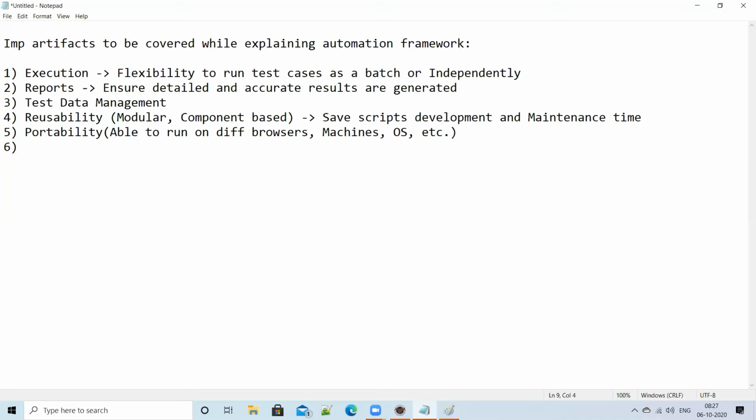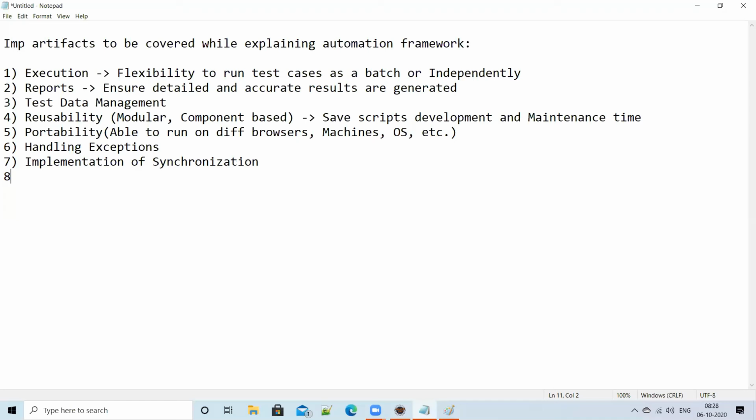So coding standards, right? In other words, you can talk about handling exceptions. Yes, we implemented that, right? So we handle the exceptions so that we can do the execution smoothly. And implementation of synchronization whenever the application is responding slowly. So you have that waiting mechanism, you implemented it. If required, you can increase the time also. You are able to do that as well. So that is another thing.